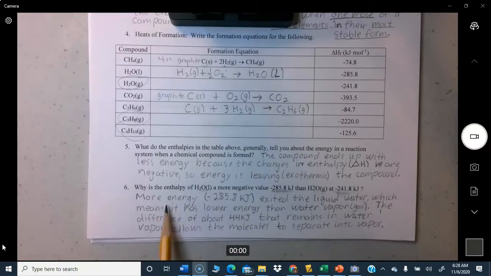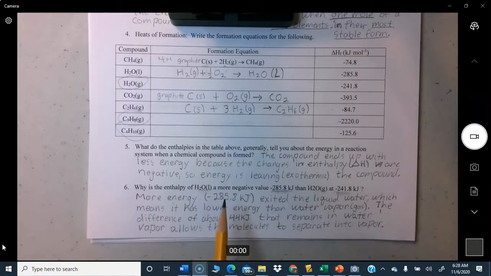Okay, so more energy, negative 285.8, exited the liquid water than exited the vapor, which was only negative 241, which means that the liquid water has lower energy than water vapor, which is a gas. The difference of about 44 kilojoules that remains in the water vapor allows the molecules to have enough energy to separate into vapor. By the way, a term that you learned in intermolecular forces this week was heat of vaporization,